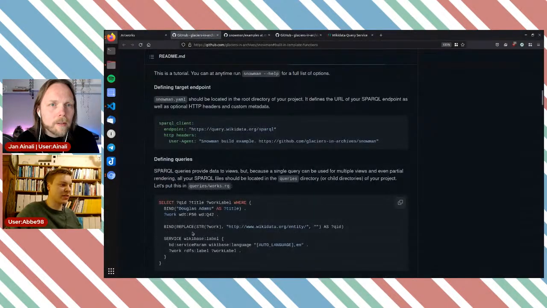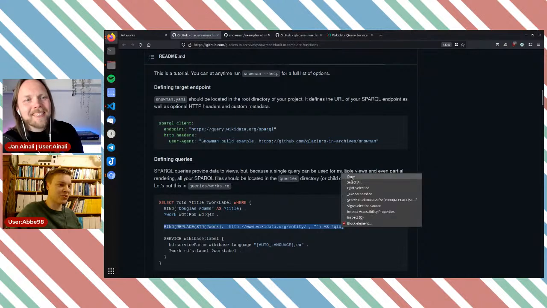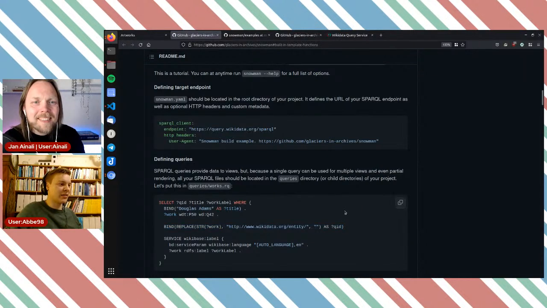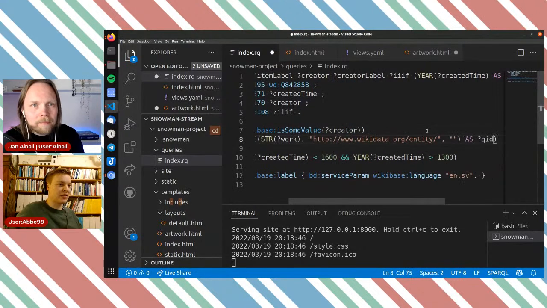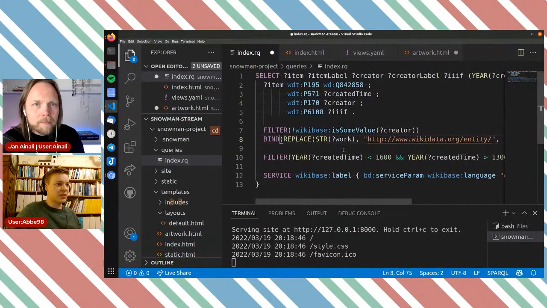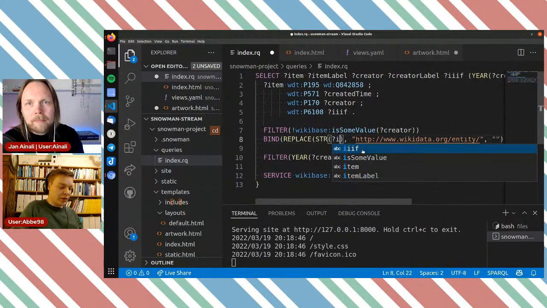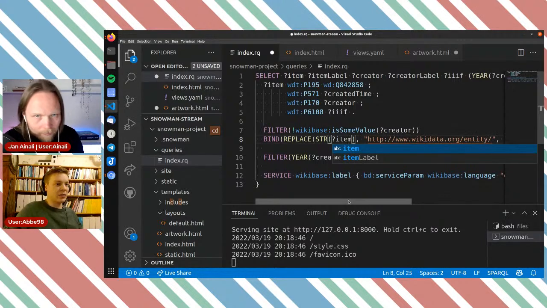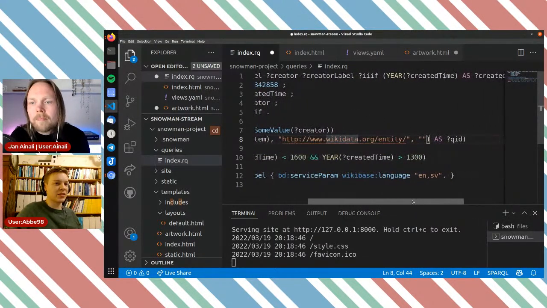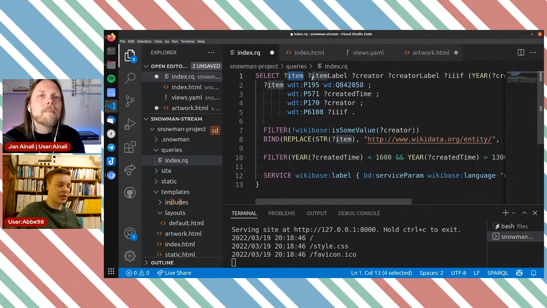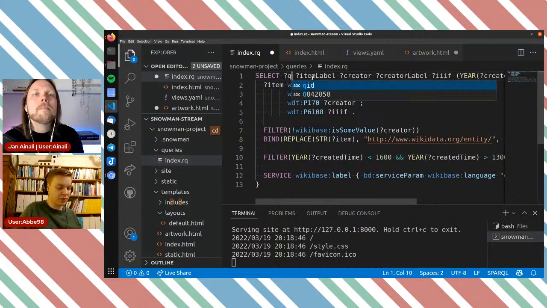So I'm going to copy paste that. Yeah, we got this classic BIND that replaces the string as QID. I'm going to copy that one. If I paste it in here, you might see how it works. We got the item, and it will turn that into a string, remove the URI prefix, and give us the QID. So I'm going to select it up here, QID.